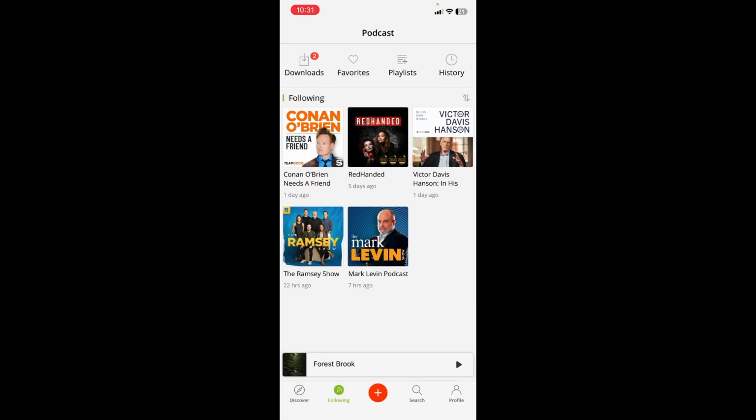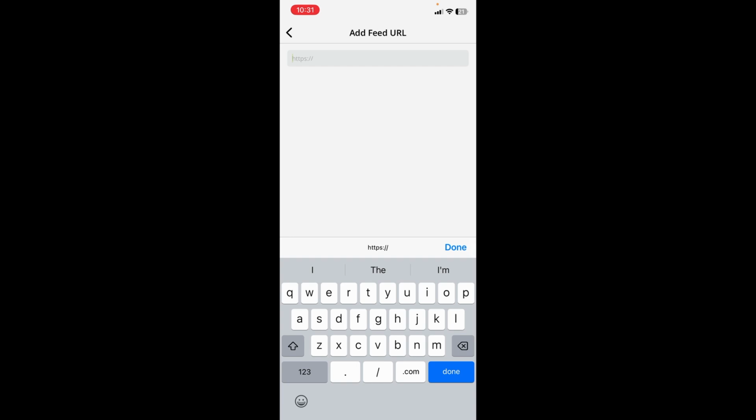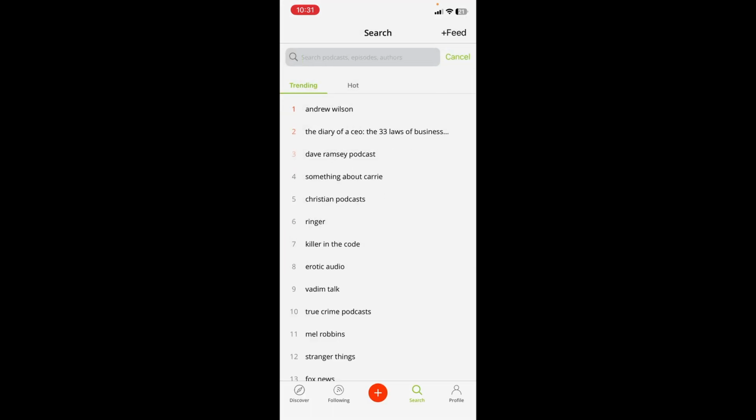Then the fourth option there is to use for searching. So in the Explore tab, you can see that we saw a lot of options we could play with, but if you have a specific podcast you'd like to look for, you can tap on the search and then search for the podcast episodes or author. At the top right corner, you have your feed where you can tap on it, and then you can add a feed URL. If you go back, the next button and the last button at the bottom is the